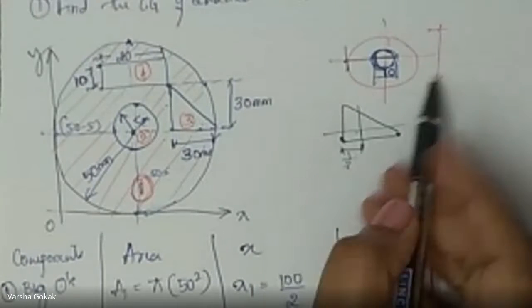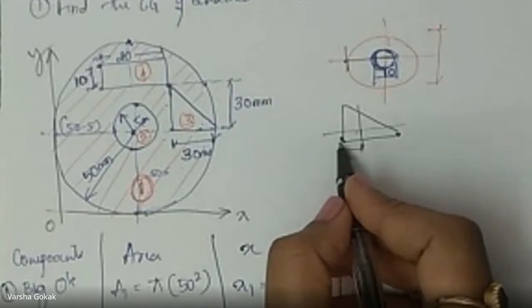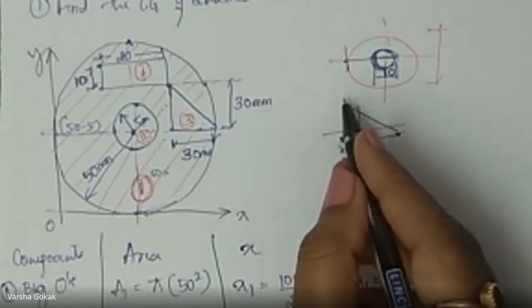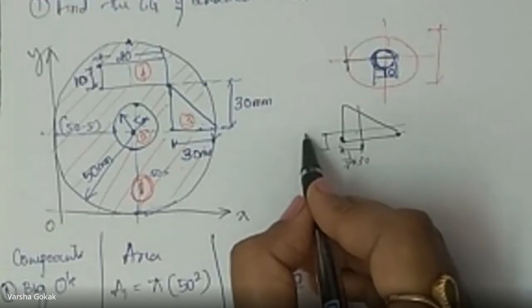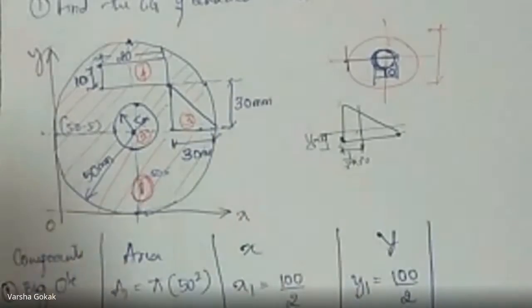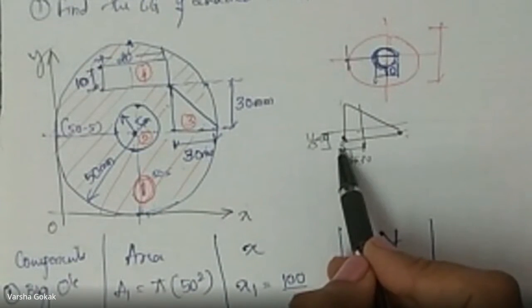One by 3 of x. 1 by 3 of base. Here, 1 by 3 of this distance you say. You can call it base or height. So 1/3 of this distance, that is 1/3 of 30. When I look at this y value, here also it is going to be 1 by 3 of this total height. That is again 30 in our present case, correct? So individual it is 1/3 of base and 1/3 of height for x and y.